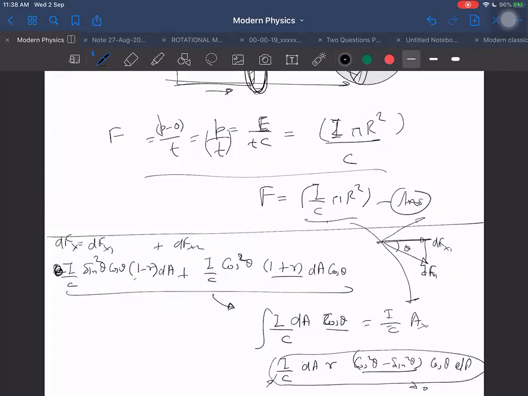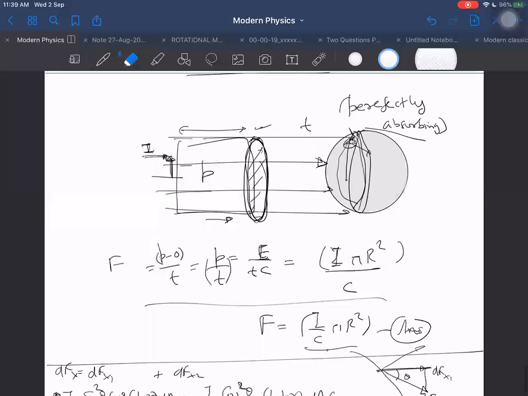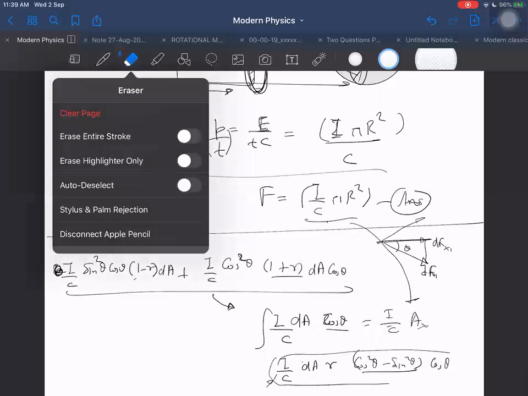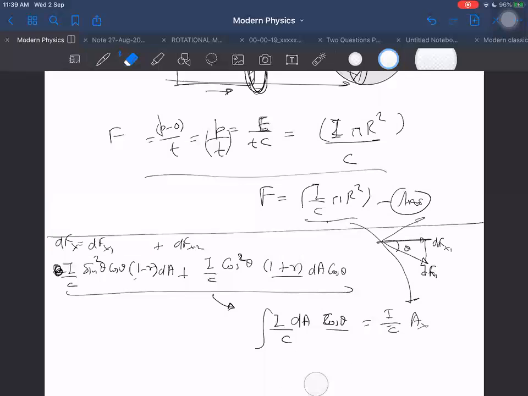Yes, we can do that. 1 minus sin square. How will I do? I will do it in this way. dA also I have to write something. dA now I have to open. What is dA? dA is equal to, okay, you can do it now. I'm leaving it for you. I don't want to waste time on it. You can do it easily, but yes, this was also a good way to do.